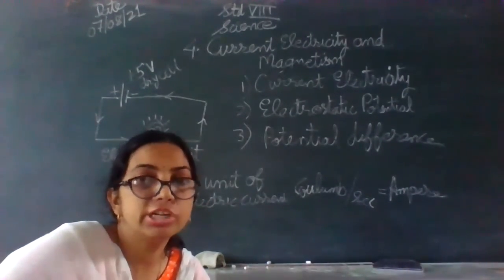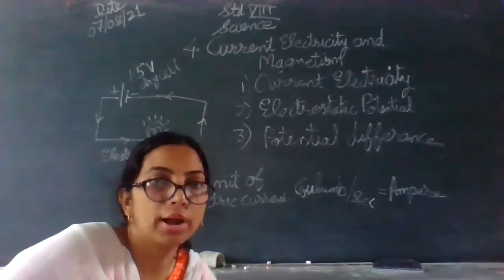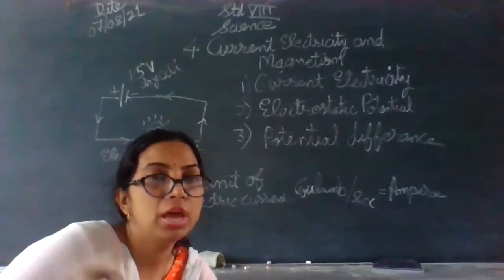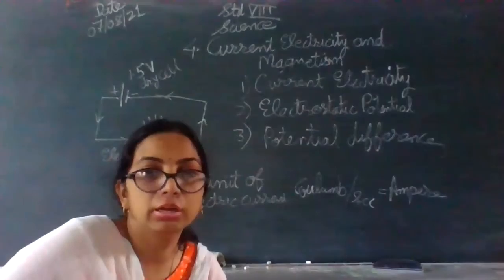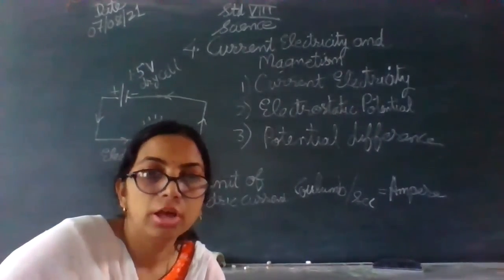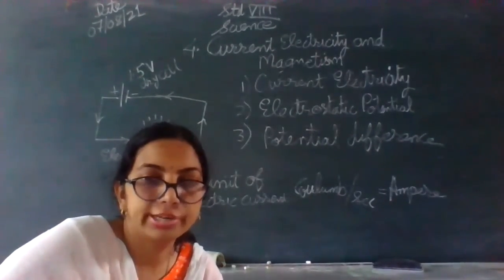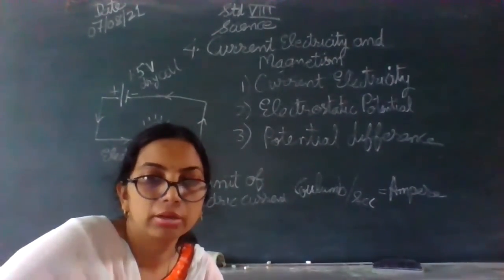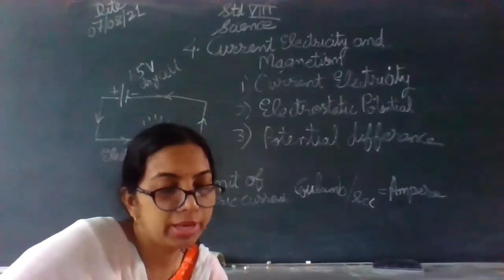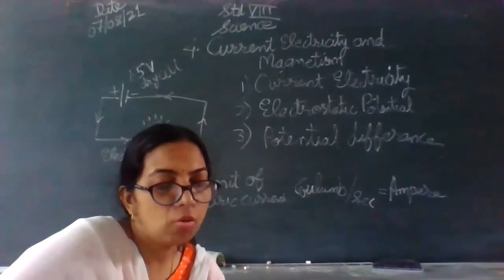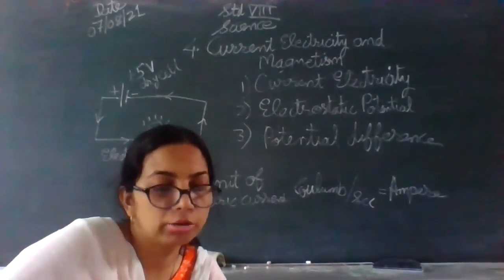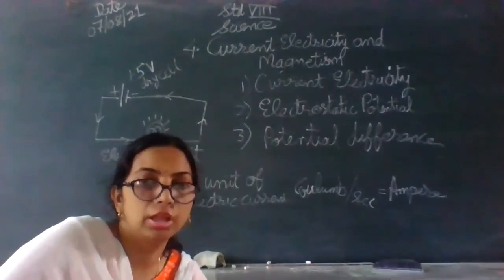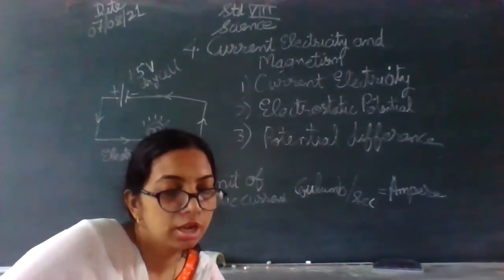Okay, potential difference should be constantly working, otherwise there will be a break in the circuit and anything that you are trying to run on it will not work constantly. It will have a break. Fluctuations will be seen over there. Now, much more detail about these topics we are going to study in the higher classes.